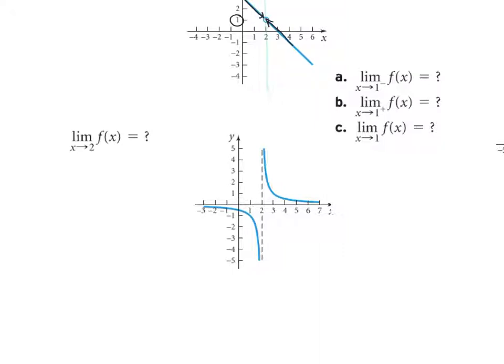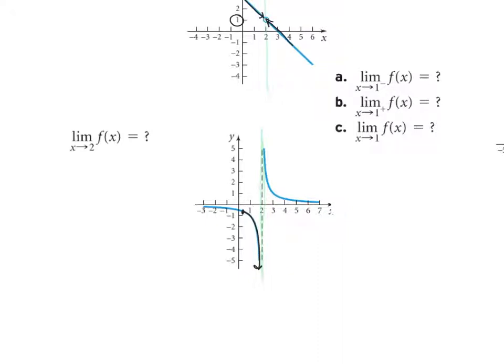Right, so we have a slightly different one here. We have a vertical asymptote. So I'm going to, again, draw in the wall. It's sort of drawn in for us with the vertical asymptote. And then I want to do the same thing. I'm going to start on the left side of the wall, somewhere on the graph, and then move toward the wall along the graph. And notice what happens.